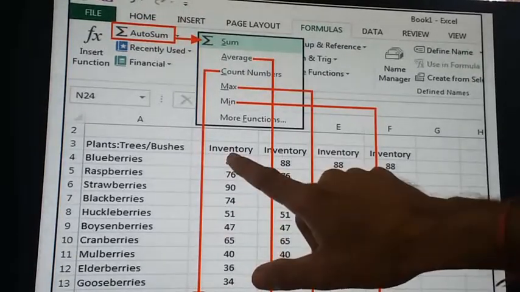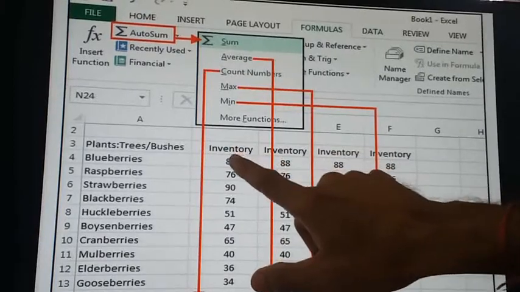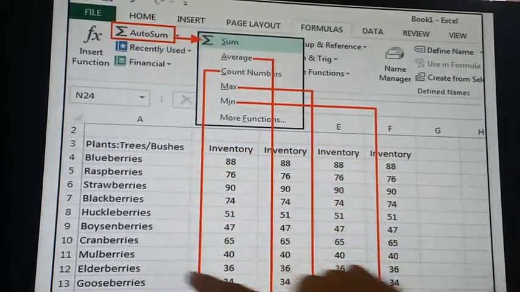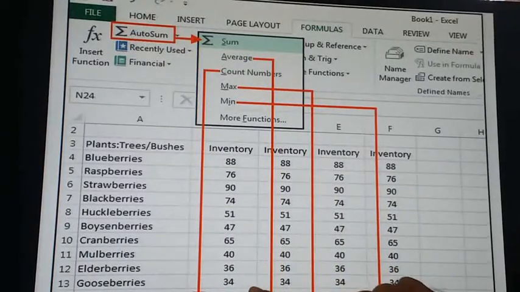The range may be B4 to B13, so we have to write B4 to B13, press enter, and it will count how many numbers are there.